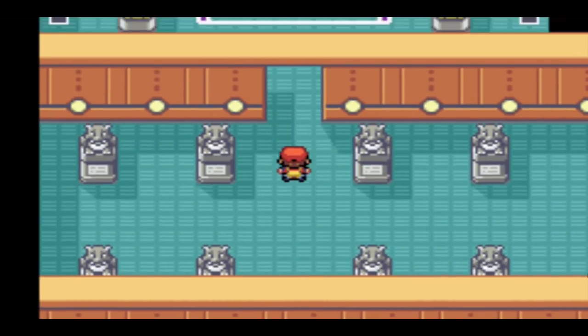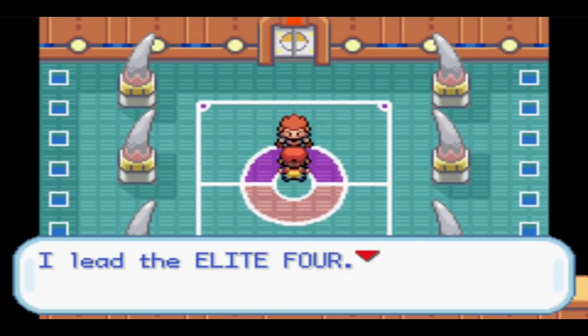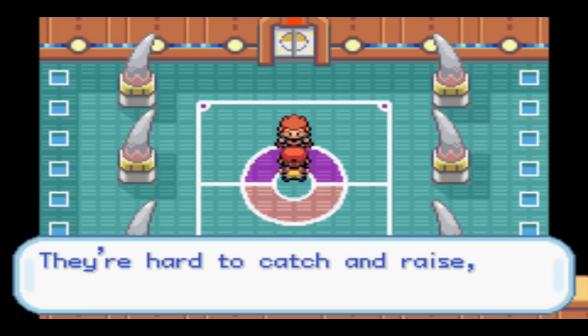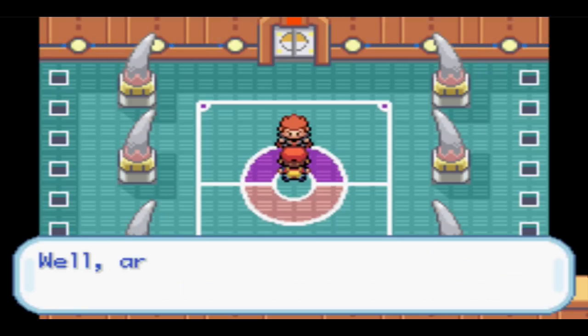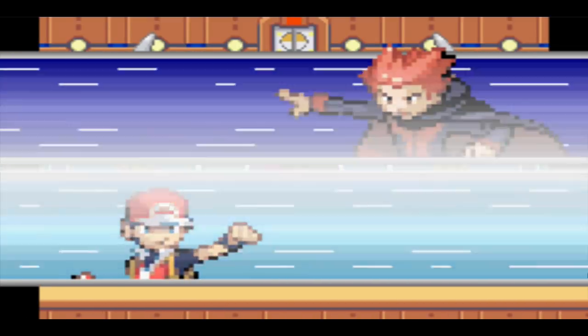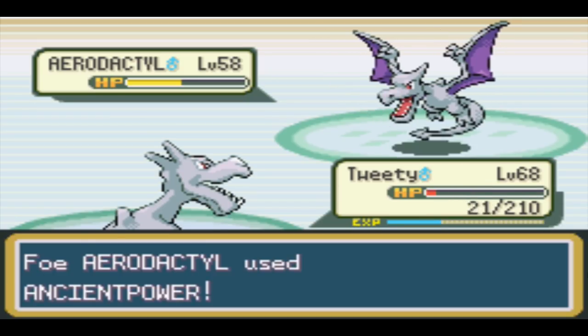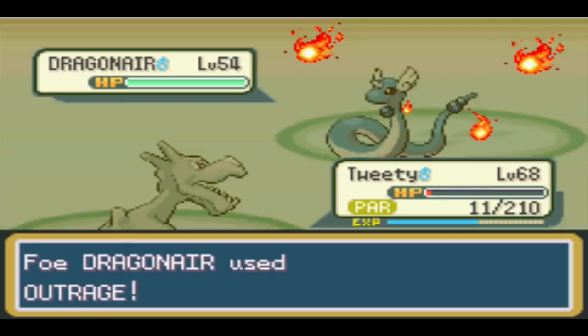where she belongs. Now it's time for Lance, the Dragon Master. I figured we might have a hard time with him since his team is really buffed up. So I was right and our first attempt ends in defeat. His Aerodactyl manages to take me out with an Ancient Power. The next 3 attempts don't go any better since I get taken out every single time, but finally we get